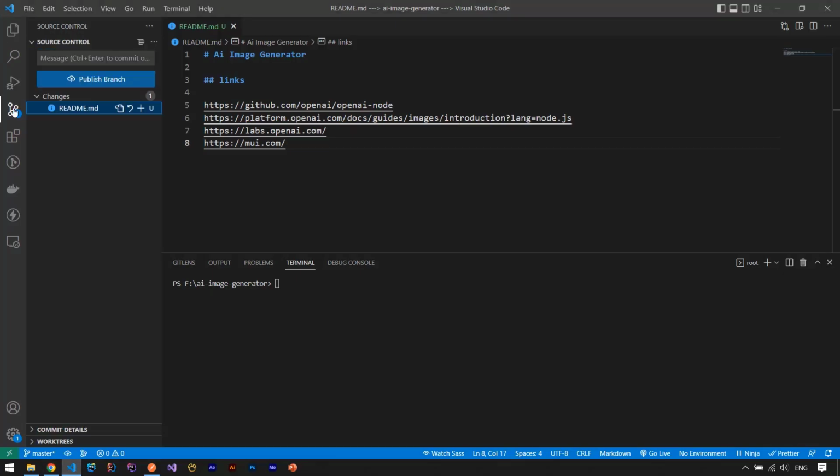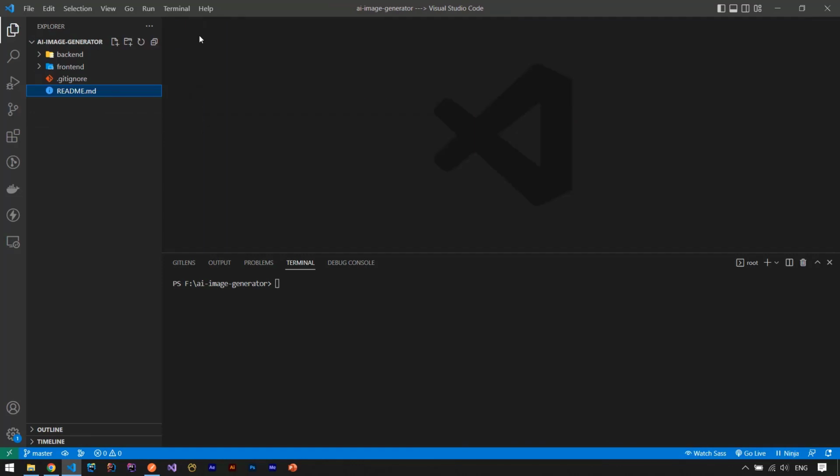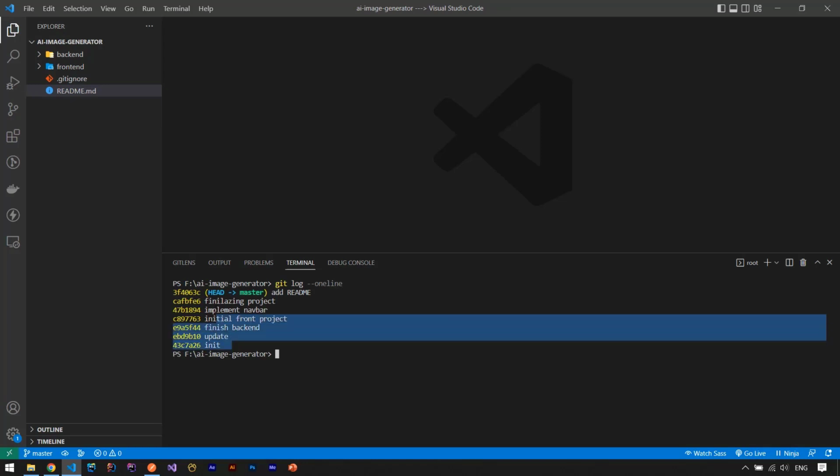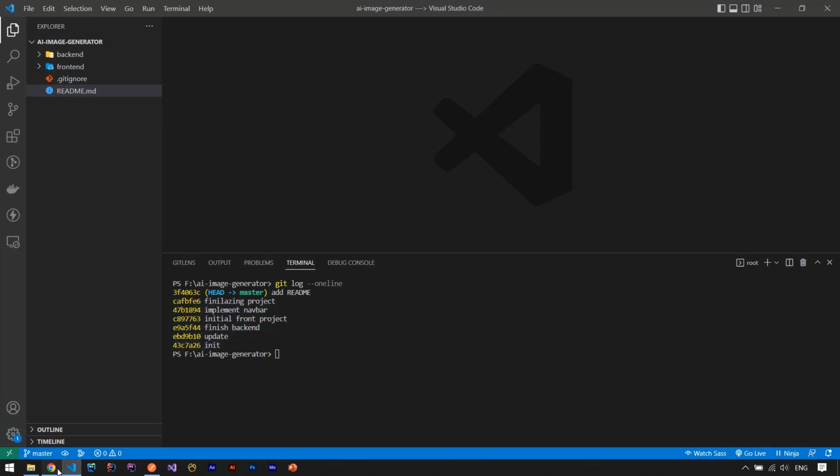So let's say that add readme. Okay, commit, that's good. Now let's say git log --oneline to see the result. We have some commits here, that's good. Now let's create a new